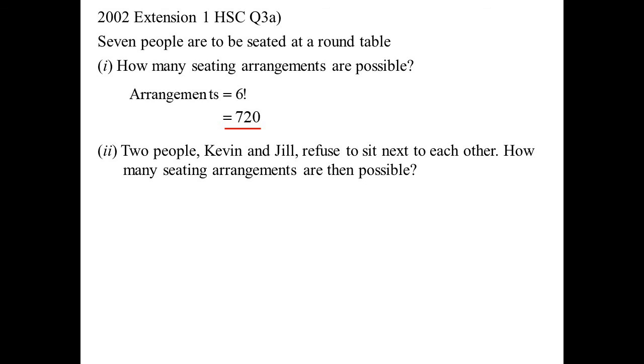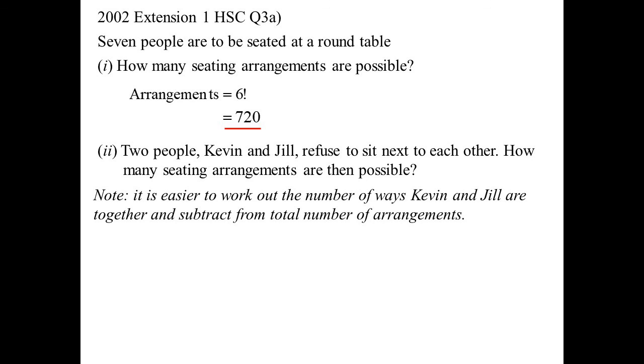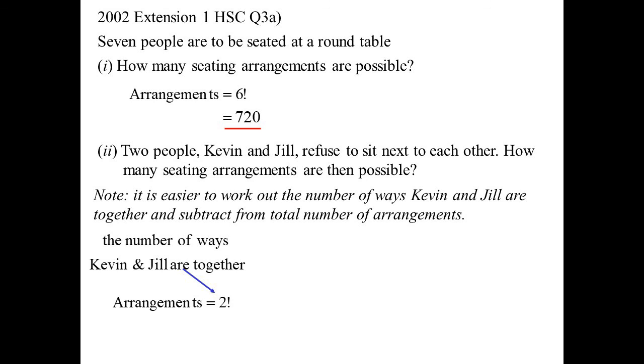Part 2. Well, there's 2 people, Kevin and Jill. They refuse to sit next to each other. How many seating arrangements are then possible? Well, it's a lot easier to work out how many ways they are together and take it away from the number of possibilities. So all right, if they are together, so Kevin and Jill are together,